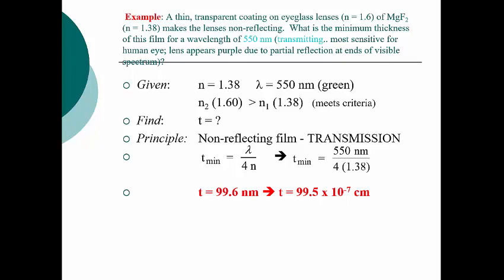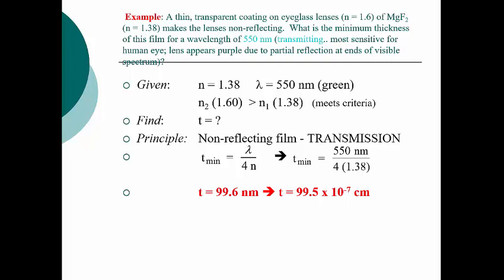So we need to know how thin this film needs to be. And so we want to transmit 550 nanometers. It's green light, and it's about in the middle of our visible spectrum. And we're talking about transmission, so we're going to use this particular